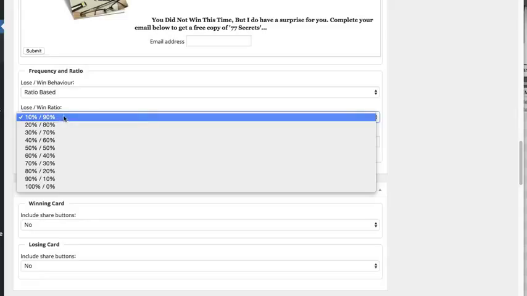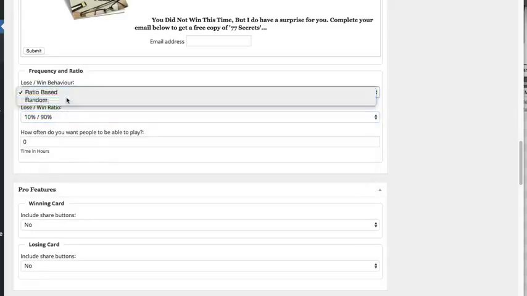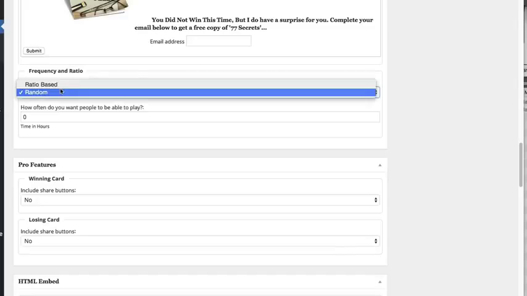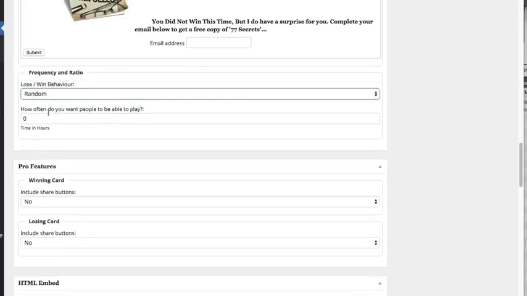Now obviously this is going to be determined according to an algorithm, so it's not absolute, okay, but you can choose random or ratio based, and then you can choose how often you want people to be able to play. So if you wanted, for example, someone to be able to use the scratch card, but you didn't want them to be able to try again, say for another 24 hours, you can pop that in here, and then